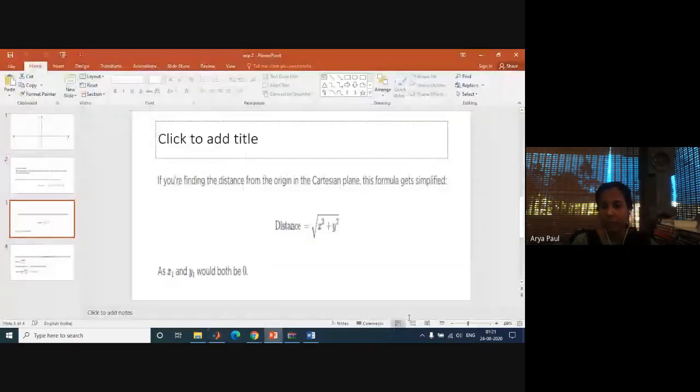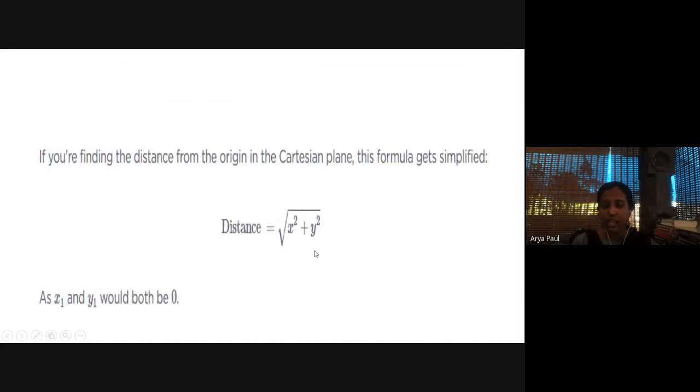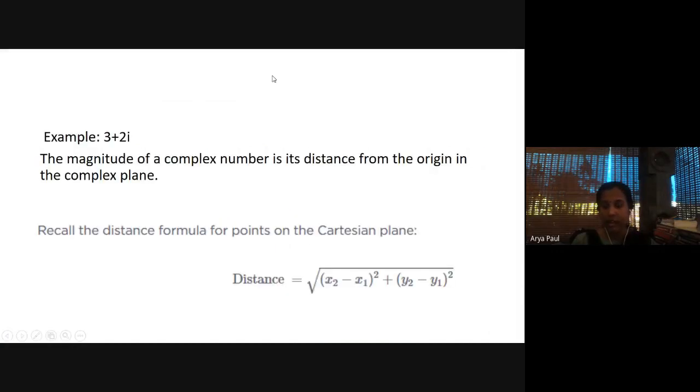Now one more thing I want to explain. Right now I have told you about the magnitude. What is the angle of this particular vector? What do you mean by the angle of a vector? The angle of a vector means the angle it makes with the x-axis, say theta. So how can you find the angle? Theta will be tan inverse of y by x. Here y will be 2 and x will be 3.